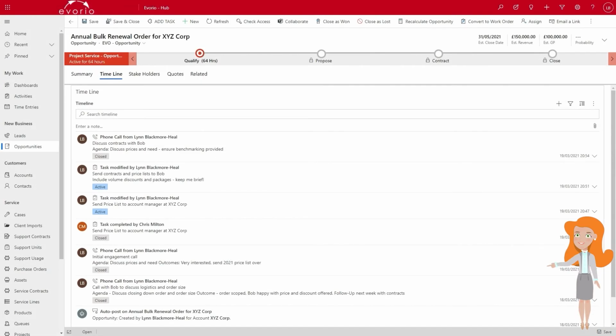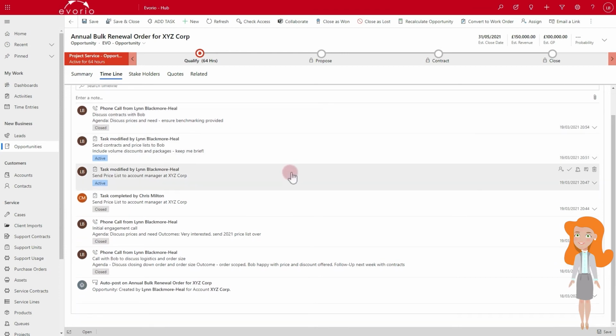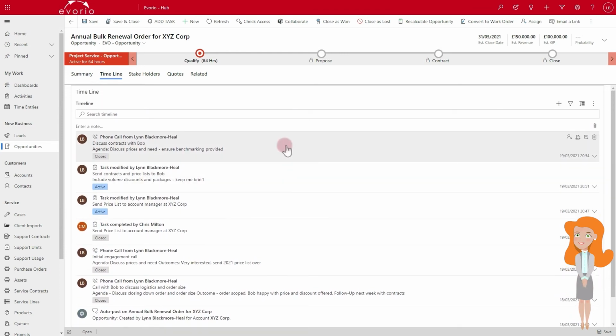Now let's have a look at raising activities from within a record. In this case, we'll have a look at an existing opportunity. Once we're in the record, you'll note the timeline feature which displays a news feed of sorts of all activities logged against it. This timeline may be in different areas of the page depending on the customization of your CRM, but the functionality shouldn't differ too much. You can sort the timeline in differing date orders, refresh it to view any new records created, filter by a number of criteria,